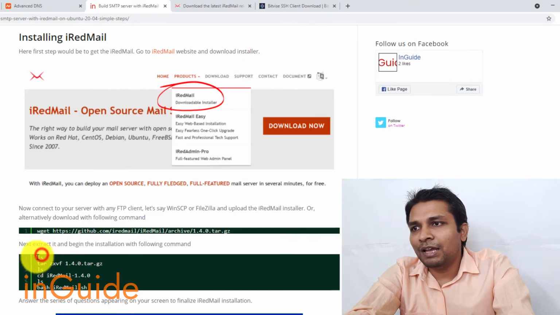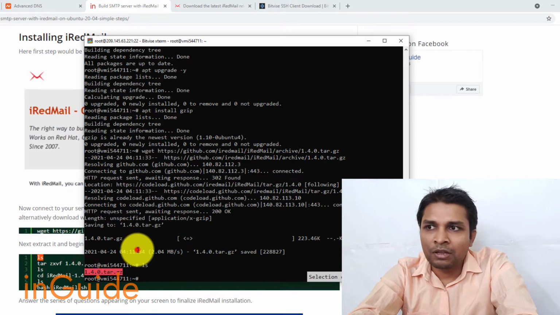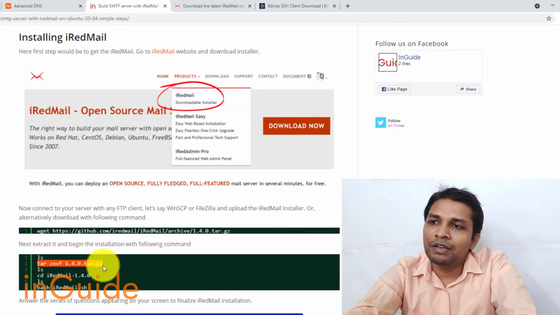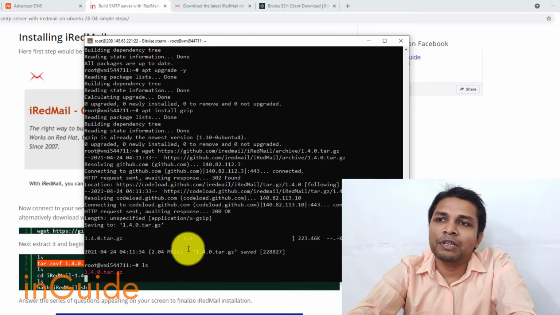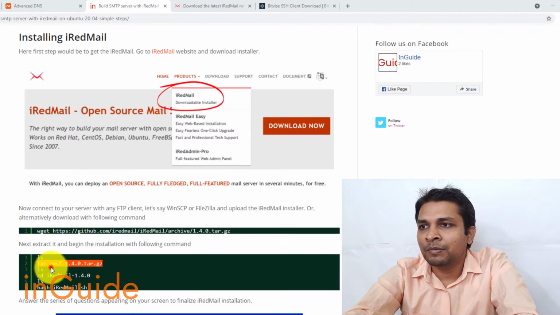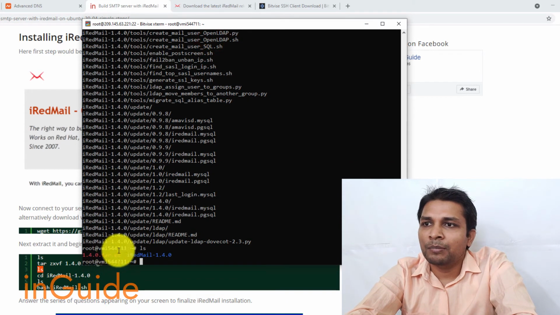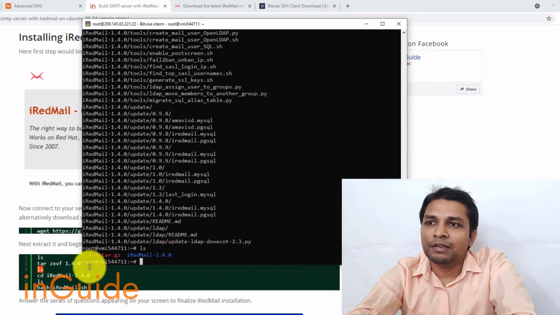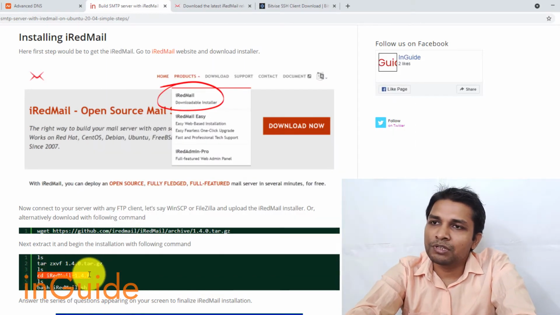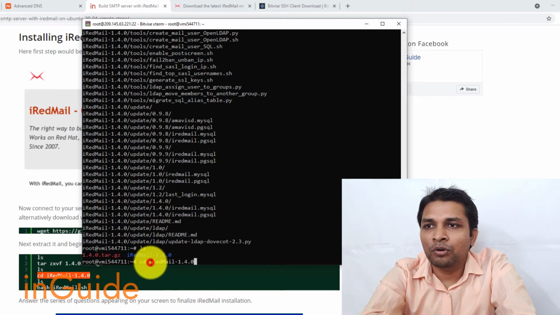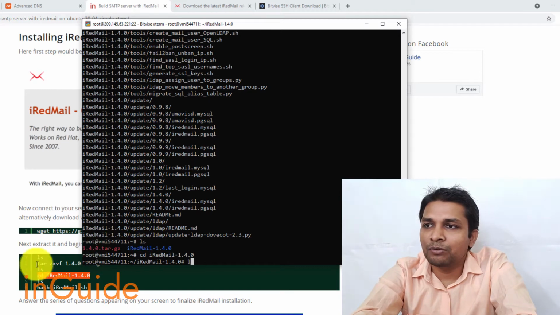Next here ls stands for list. So if I copy and paste, you can see the file name. So next, copy this line, and here you have to be careful that you should use this file name. Alright, after that, press enter, and if I type ls once again, then you can see I have one folder and its name is iRedMail-1.4.0. So now I will execute this command. So again, here make sure that this folder name matches this folder name, and after that press enter. If I type ls once again, which you can see here,